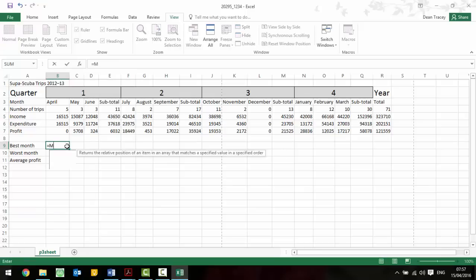So equals max. It's not really a very good question because for the best month you would expect to see a month's name there, like April or May or June, but actually what it wants is for you to show the greatest monthly profit, not the greatest month. Okay, so we had a few people ask that when we did this previously. So for this one, if we say we want to find out the maximum across these,